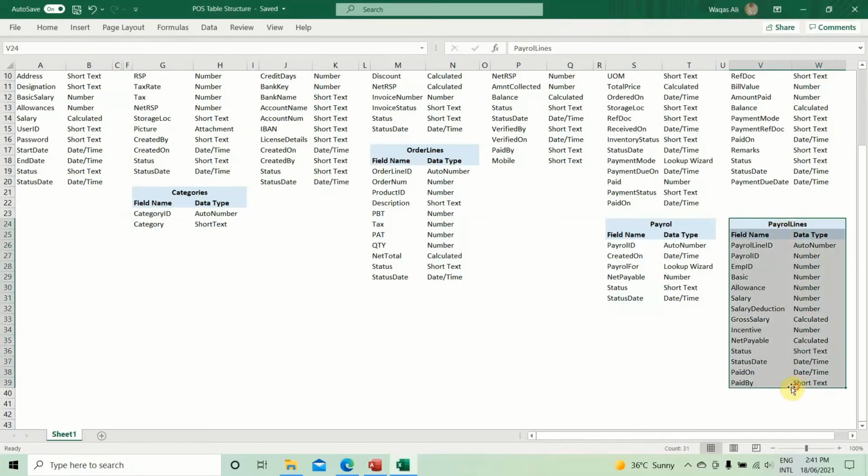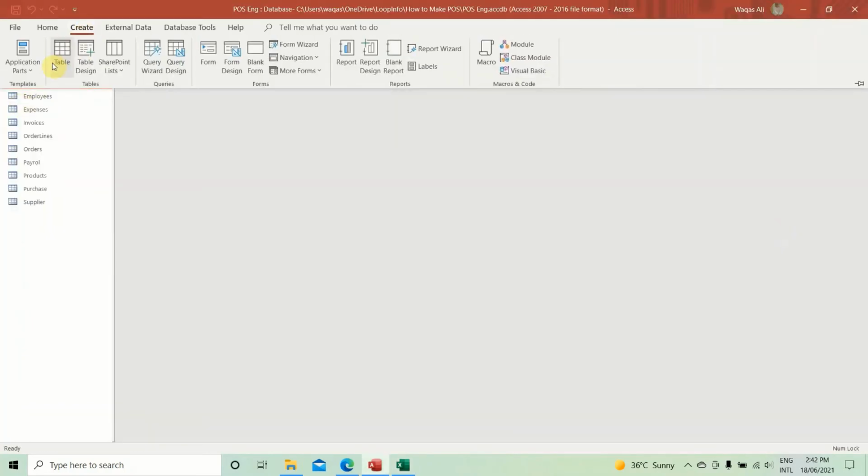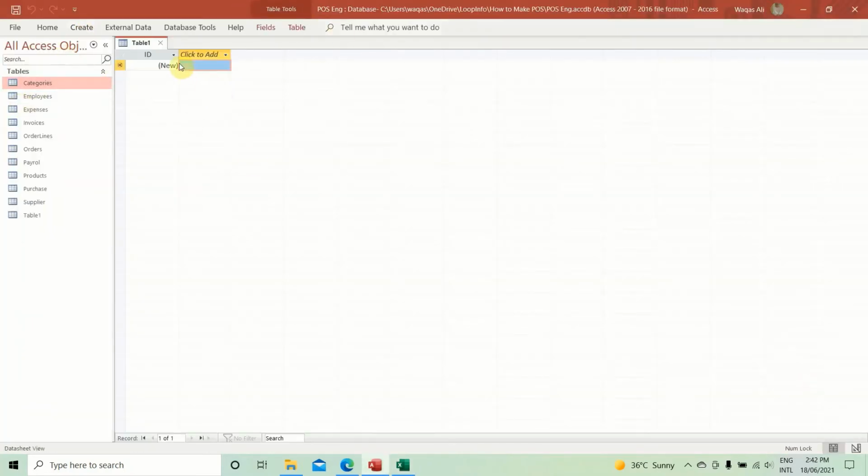Now let's make payroll lines. Now payroll lines will be linked with the payroll table. So very simple, because payroll lines will have the actual employees' information and how much salary would be paid to them eventually, for that particular month. If we go to design view,